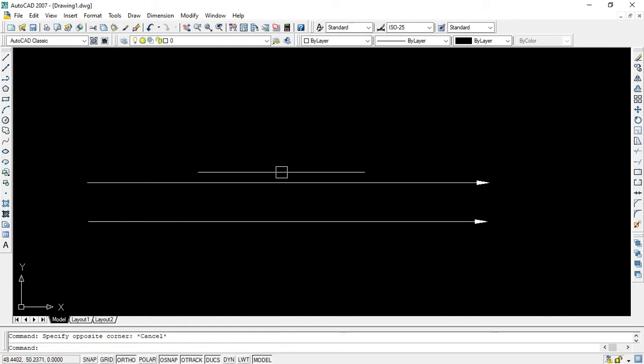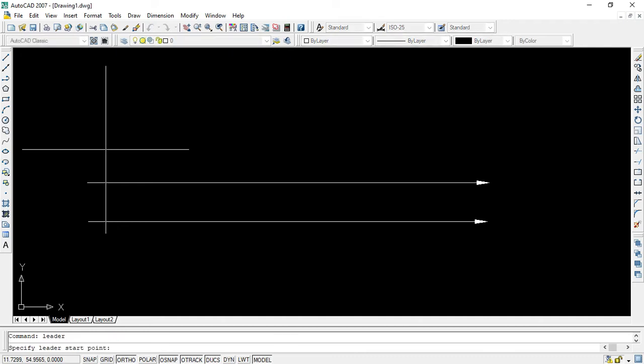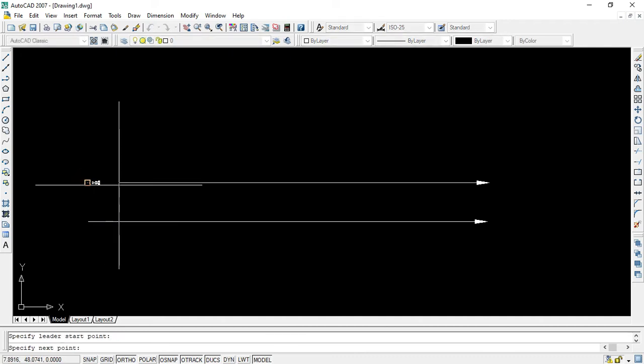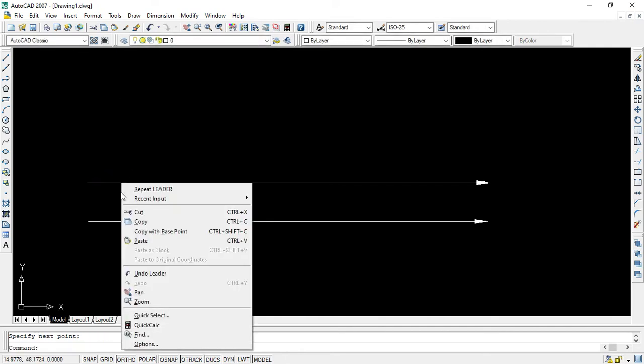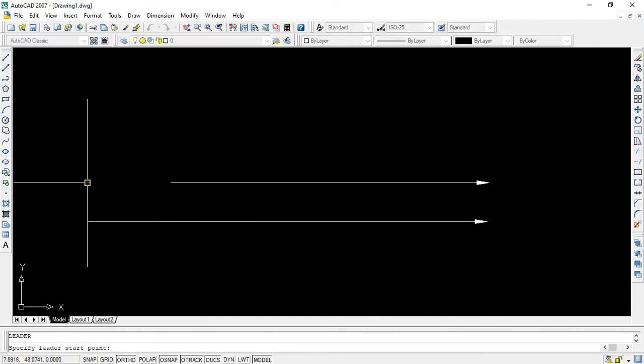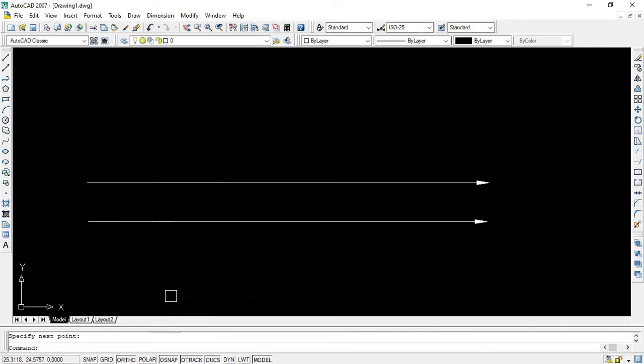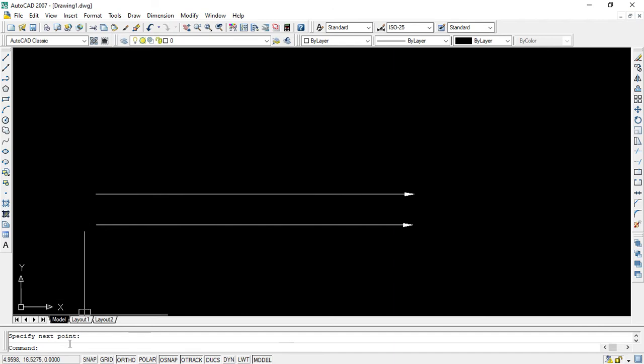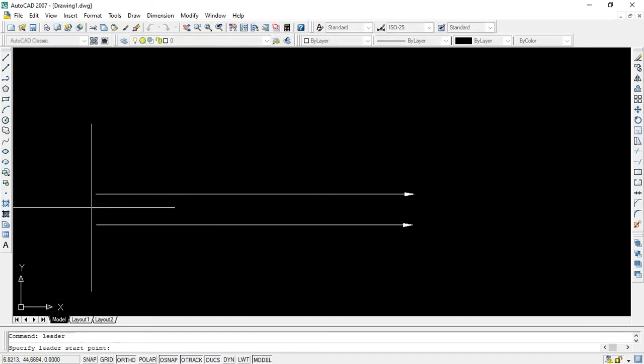So to draw a double-headed arrow, you can use the leader command again, leader, leader. Then now you have to choose from here. Okay, then click, right click, repeat leader. Leader, leader.